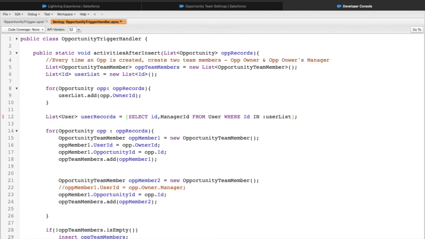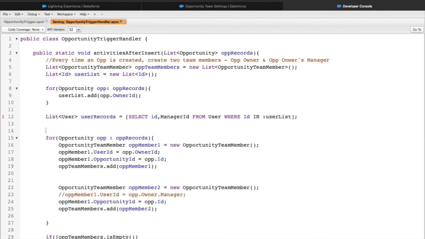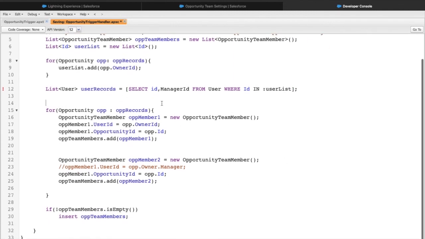Now I want to create a map. And why do I need it? Because here down below we are iterating on multiple opportunity records, right? So here I should be able to check for which opportunity and for which opportunity's owner I want to fetch the manager ID, right? So let's formulate a map which would be of type ID comma ID, wherein the key value pairs would be the opportunity ID versus the owner ID,